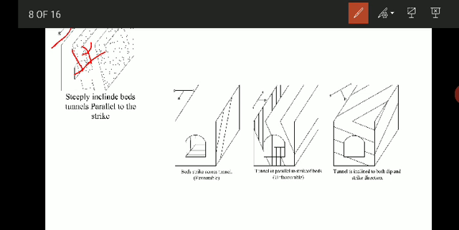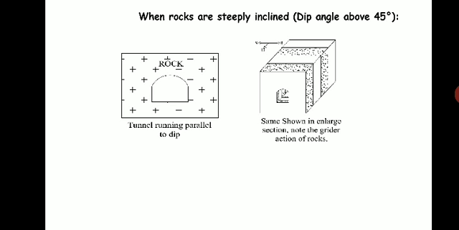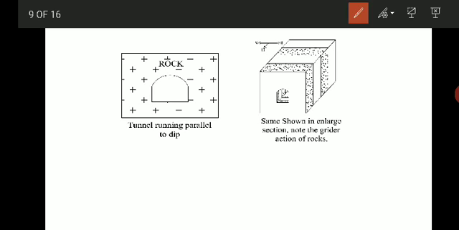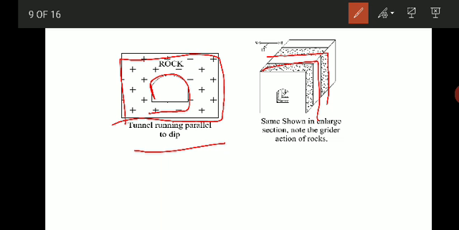So when the dip is extremely steep, that is 90 degree, as in the next image you can see here, the angle is more than 45 degree. They are almost vertical, right? So the same is shown in the enlarged section. This is the rock, okay, and this is the tunnel. So here the rock is almost vertical, 90 degree, that is, the tunnel is running across the strike, and it will look like being overlain by girders of rocks, and that are continuous on sides also. So this is a highly favorable condition.